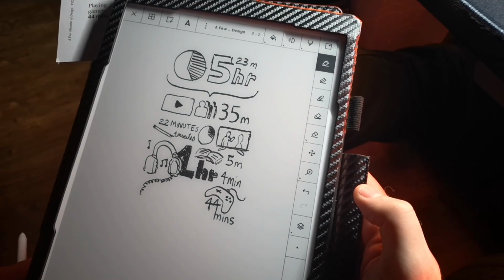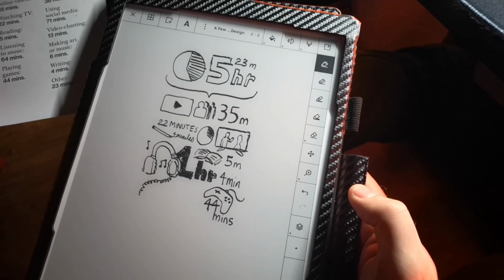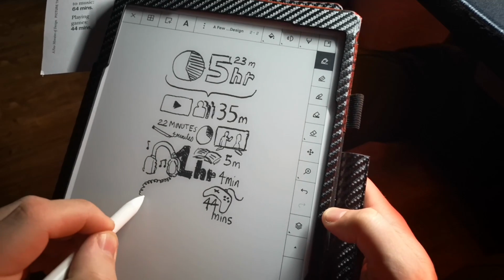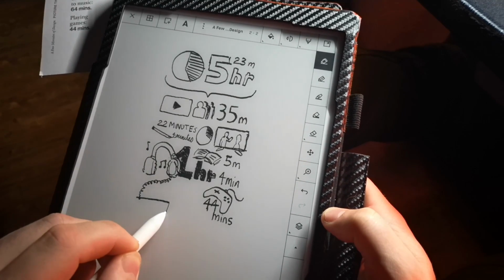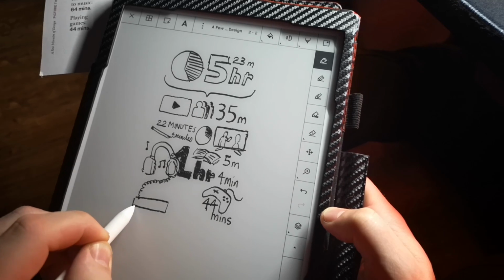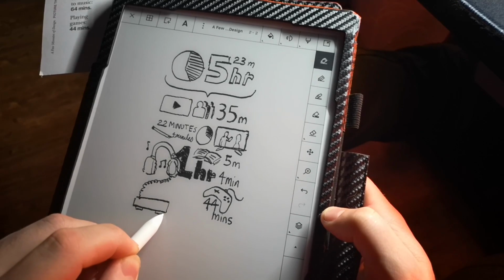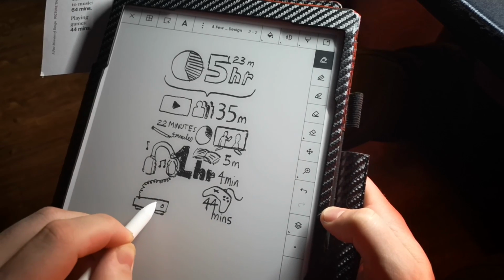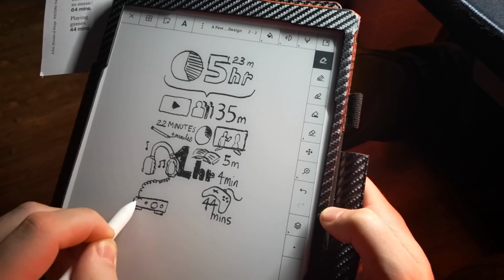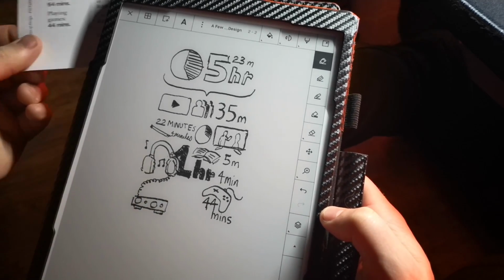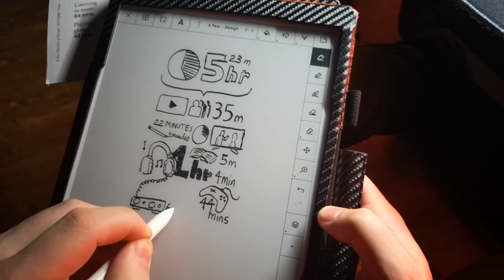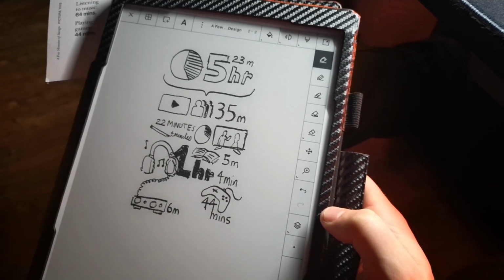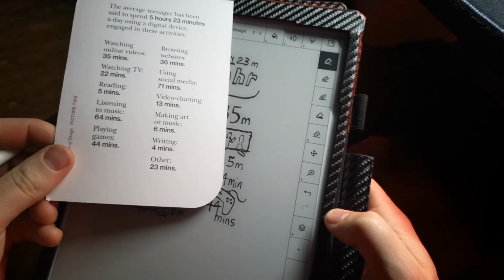So let's go for making music next, because we can plug these headphones into a sound card, like so, and all of a sudden we've got our making music. And seeing that's only 6 minutes, it's not going to take up much space. Nestled in this gap, let's have